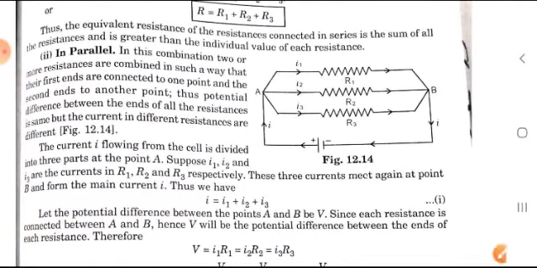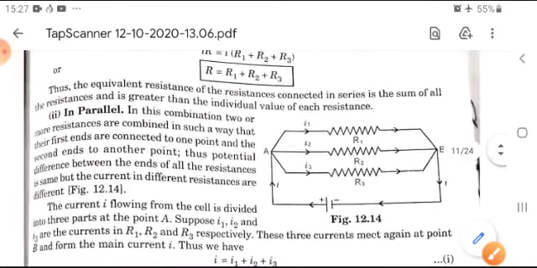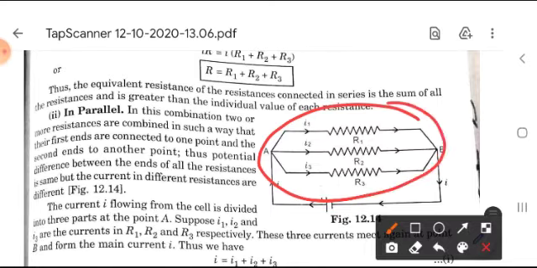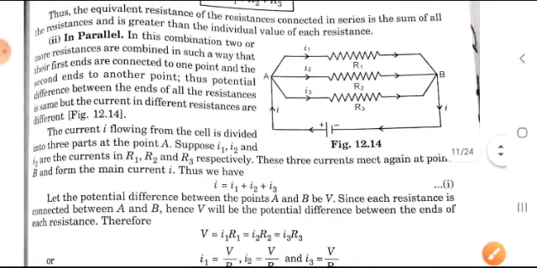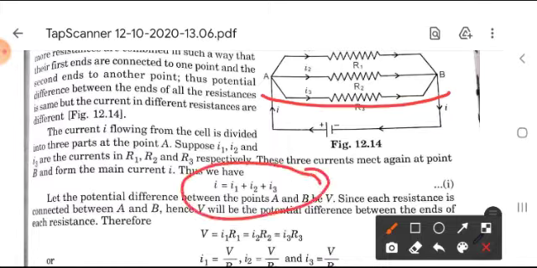Similarly, we are talking here about the parallel pattern. In the parallel pattern, the resistances are connected to each other in parallel, like in this diagram, where resistances R1, R2 and R3 are connected in parallel along with their cell, and I is the current which is passing through here. So in the parallel pattern, the potential difference across A to B does not change, but due to the charge conservation law, I is equal to I1 plus I2 plus I3.